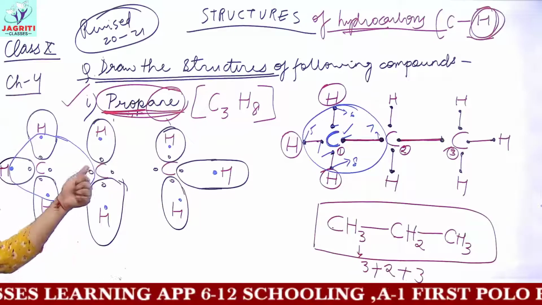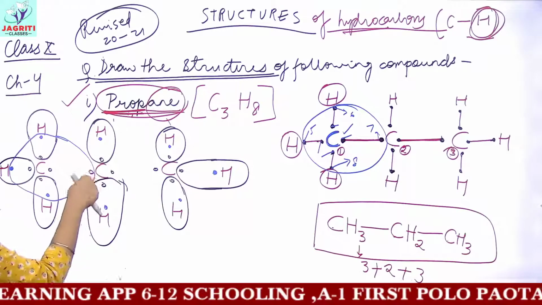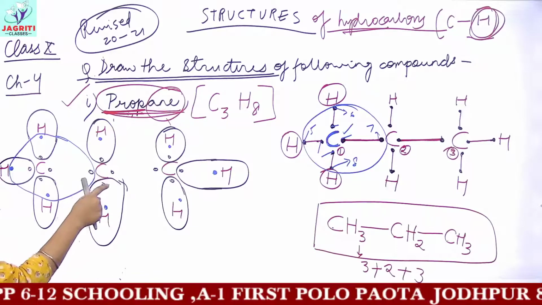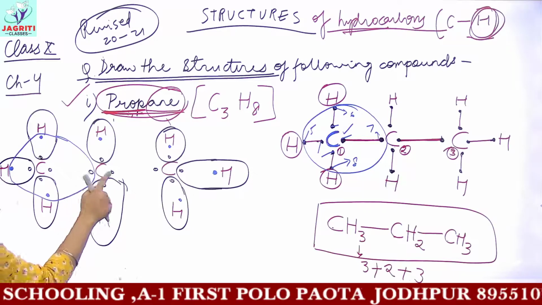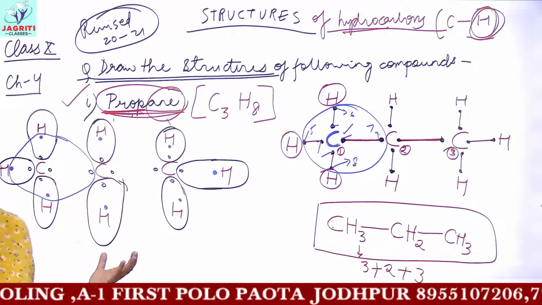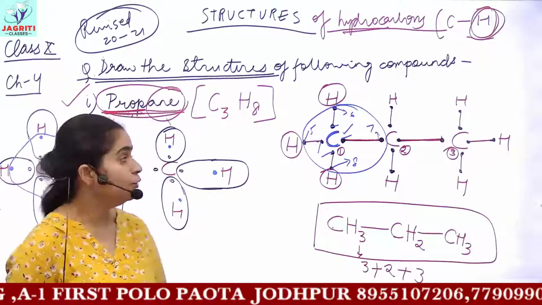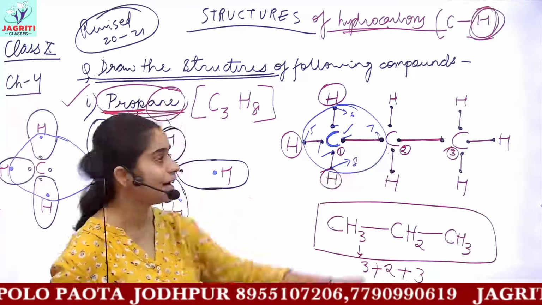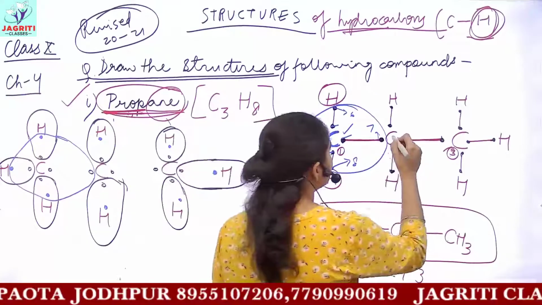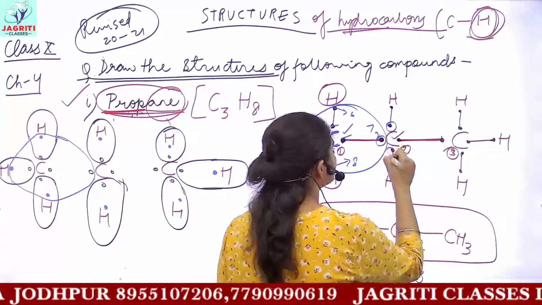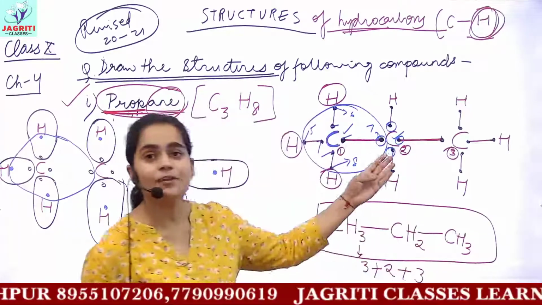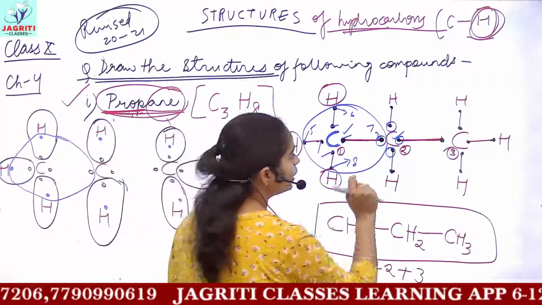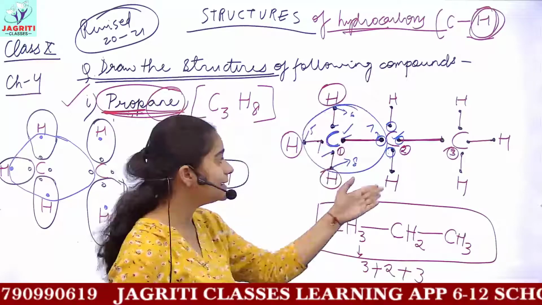Similarly, can you draw the sharing circle for the next carbon? Yes, why not? You will involve this carbon, the symbol C, the 4 electrons and other 4 electrons which are from the neighbors. Which 4 electrons would be included in the sharing circle of the second carbon? I know you will include this symbol and you will include these 4 electrons. But the remaining 4 electrons will come from which part? The remaining 4 electrons will come from the 4 nearest neighbors.